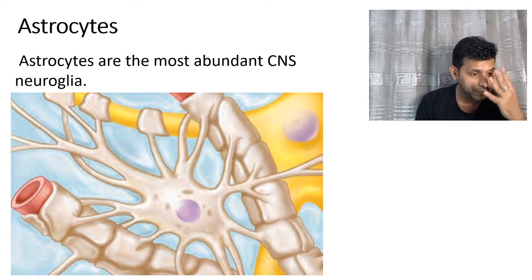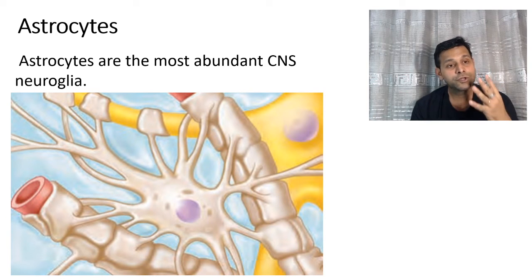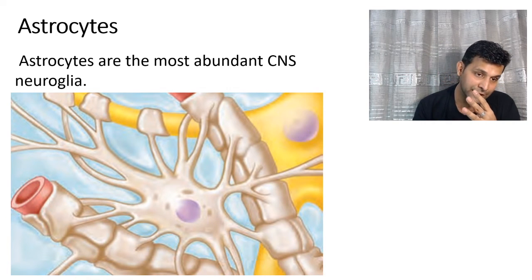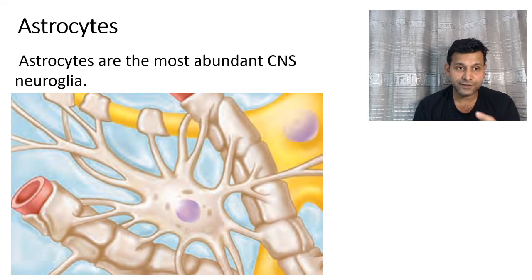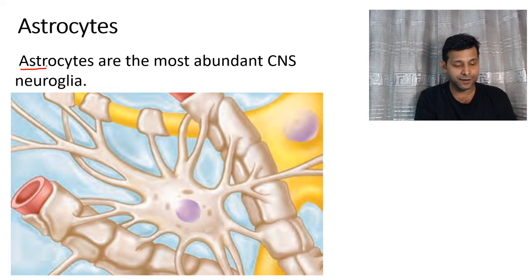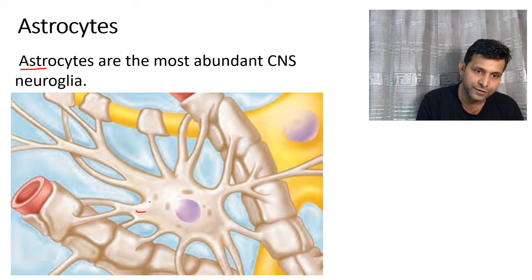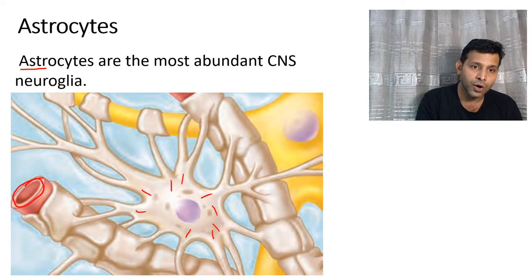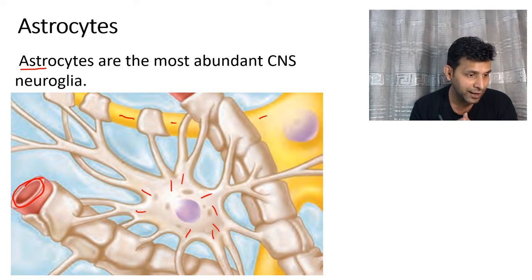Astrocytes. There are 4 CNS glial cells, and there are 2 PNS glial cells. Astrocytes belong to CNS. The word aster means having many branches like a star shaped structure. So astrocytes have a star shaped structure which has many processes, and all those processes make connection either with the blood capillaries or with the neuronal cells. So what is the advantage? The astrocytes help in maintenance of